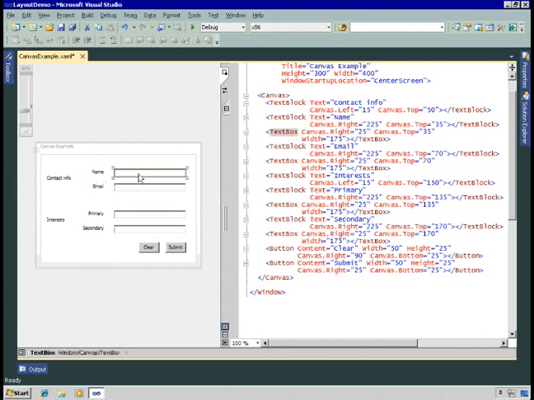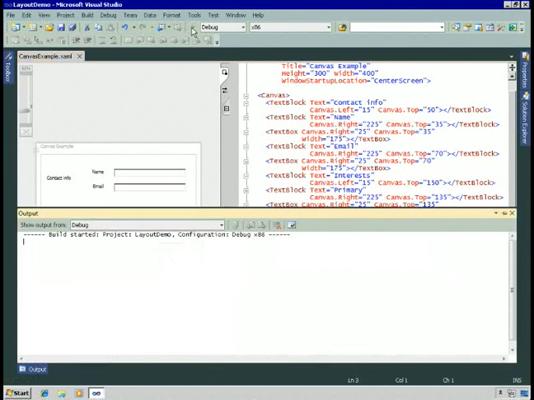For the text box, I said 25 in from the right, 35 down, so there's 25 pixels here, 35 there, and then for this text box, the same 25 from the right, 70 from the top. For the clear button, 90 in from the right, 25 up from the bottom, and the submit button, 25 in from the right, 25 up from the bottom. And now when I run this,